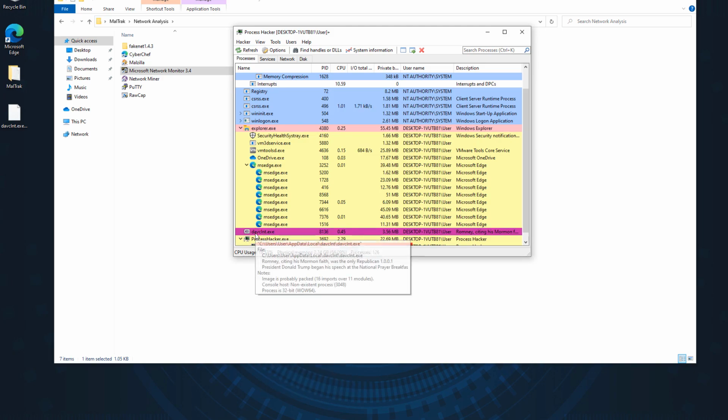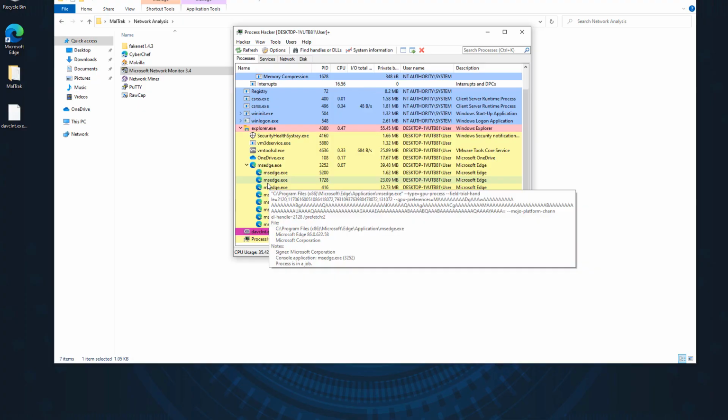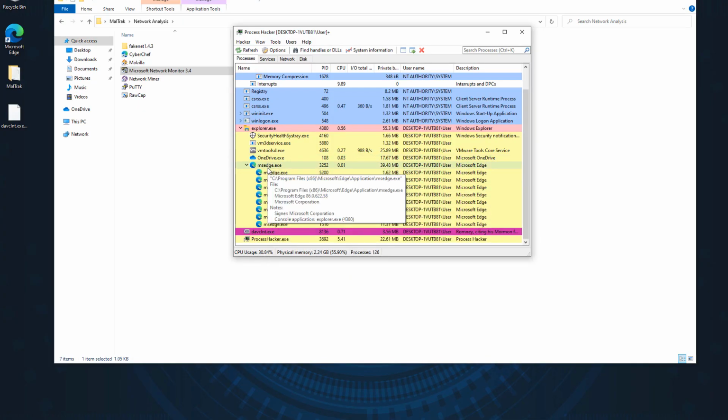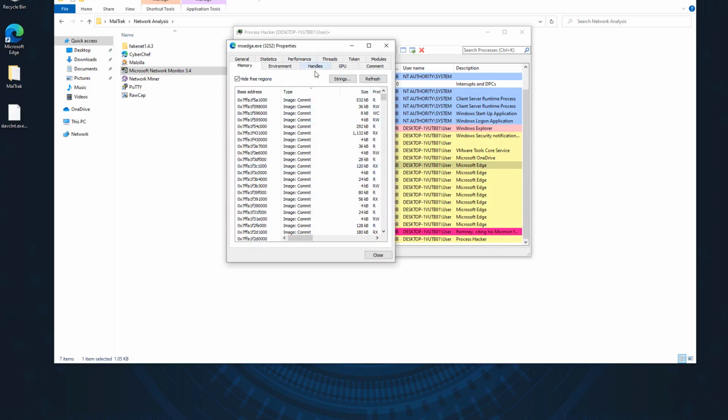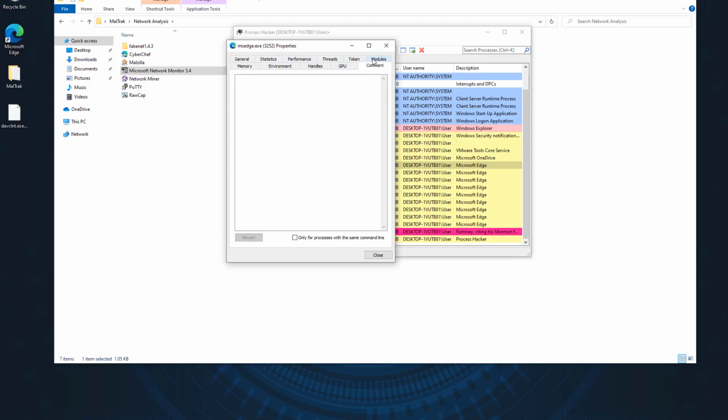try to take a copy of that file and try to reverse it in our own lab. That's for this analysis. We can do more than that. We can go to Microsoft Edge and look for any injected memory, any injected library. We can look at the modules here and see if there's any module that looks